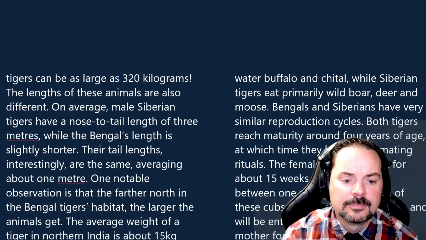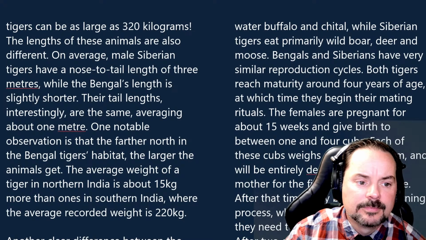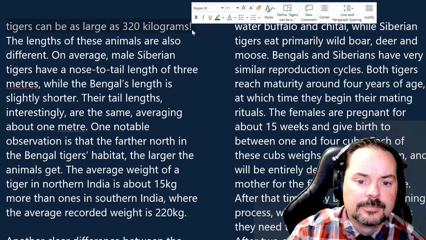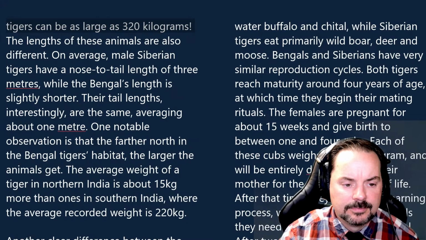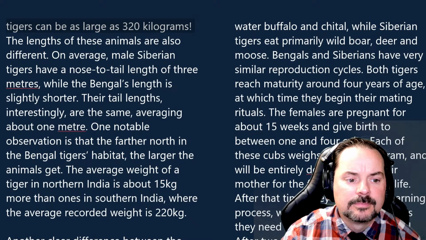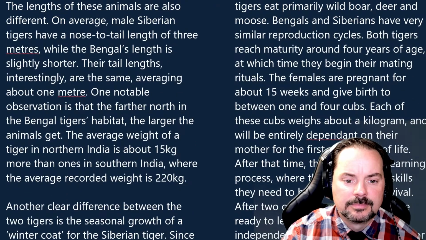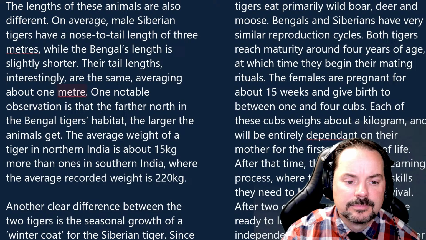Amazingly, Siberian tigers can be as large as 320 kilograms. The lengths of these animals are also different. On average, male Siberian tigers have a nose to tail length of 3 meters, while the Bengal length is slightly shorter. Their tail lengths, interestingly,